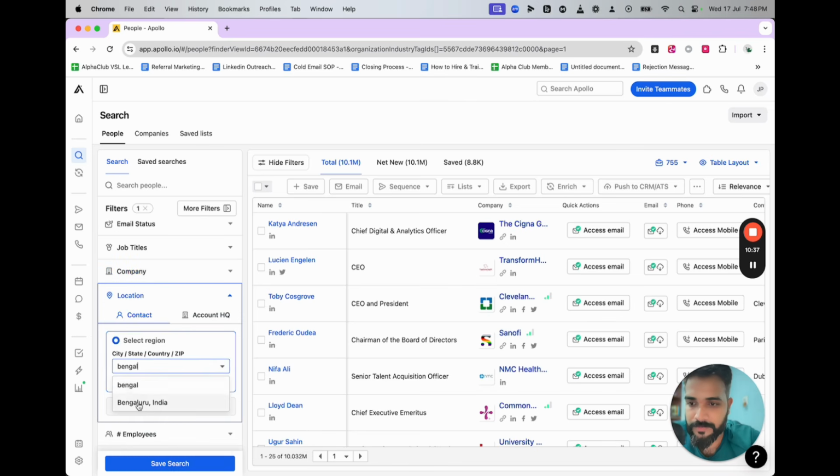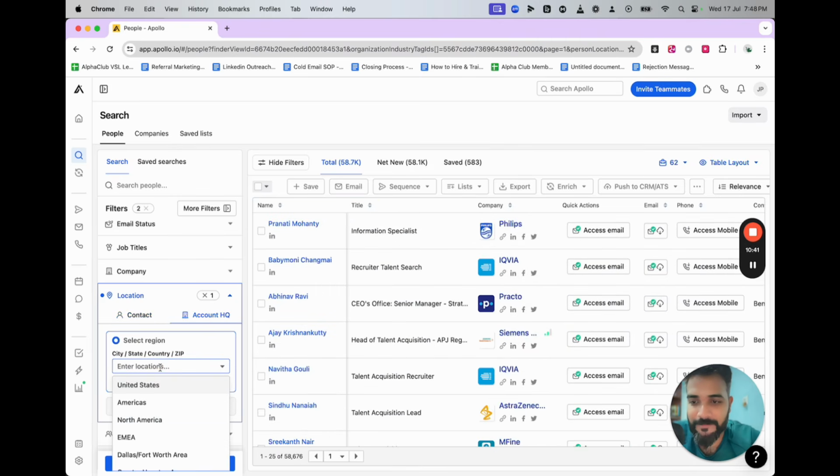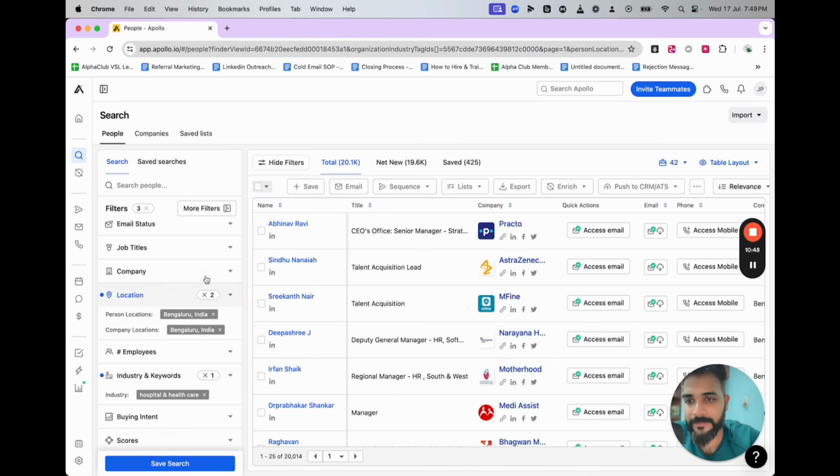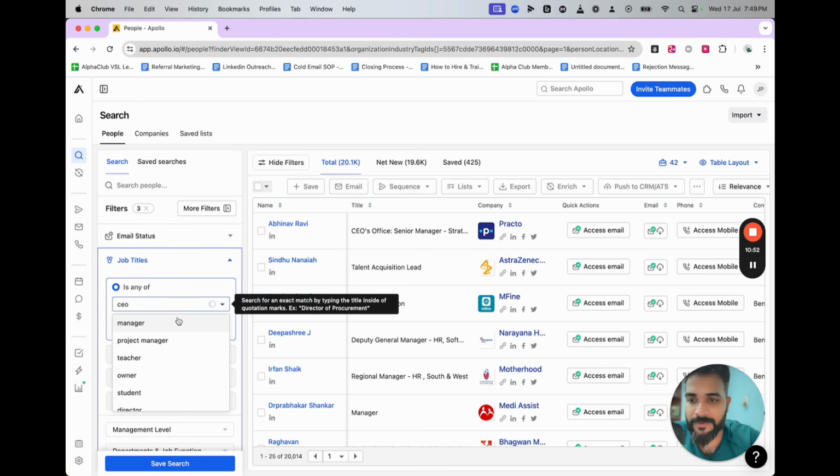And here, let's say we want to target Bengaluru. There is contact and account HQ. Account means the company itself is in Bengaluru, right? We can search for that. Now we can go to job titles and start searching for, let's say, CEO.